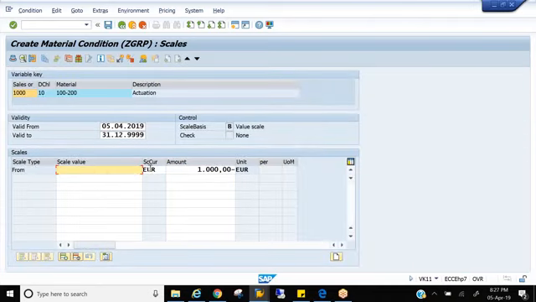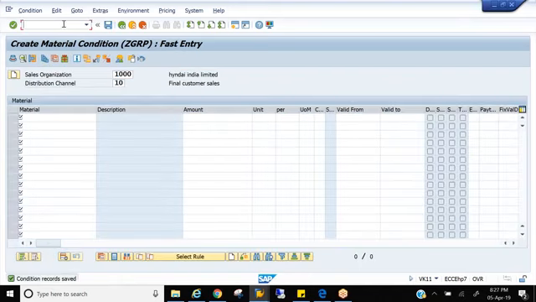So here you can mention what the scale value should be. We mention scale value as 1000 and discount is 50 euros. That means whenever your base price for 100, 200 touches 1000, the system will propose an extra discount of 50 euros. Likewise, you can also make it at the document value when you are going for the header condition.